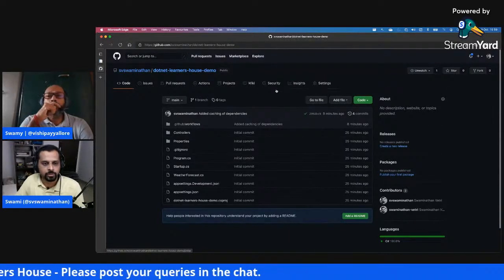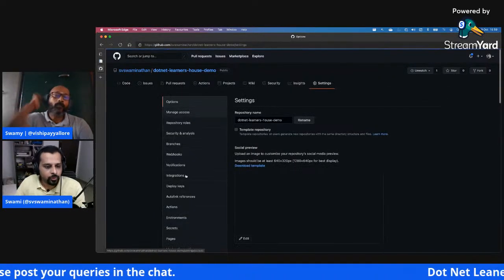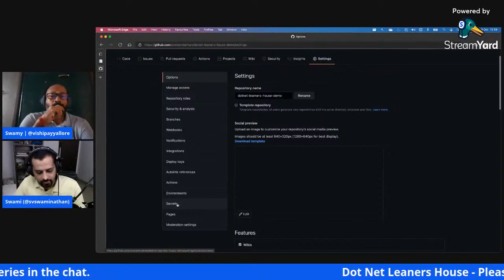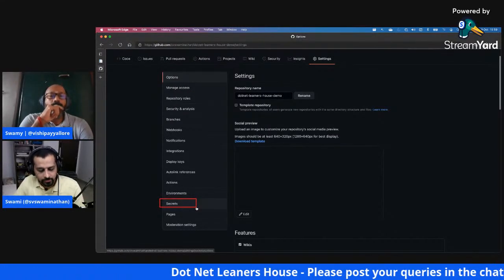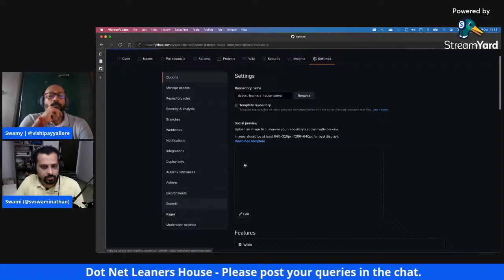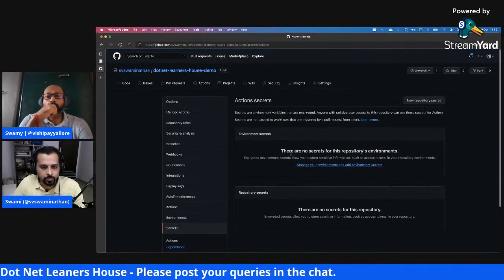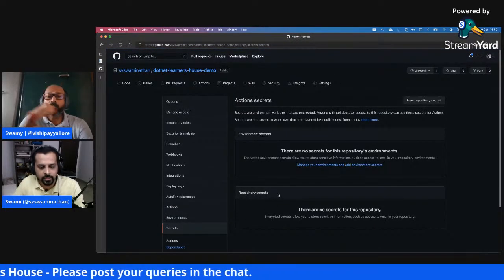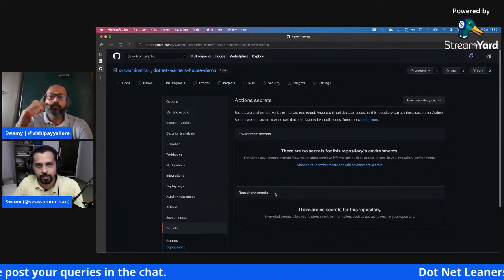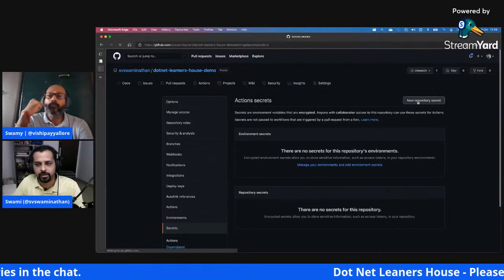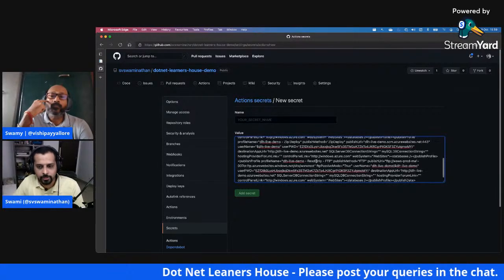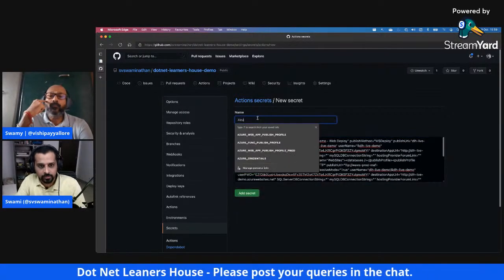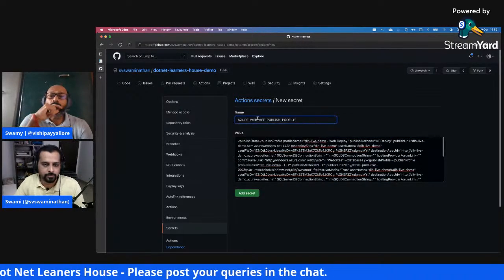I'm going to go into the settings, and if you go to settings, you can see the secrets here, right? I hope this is visible, the secrets part here. That is where we would go ahead and put our secrets, right? When you go to secrets, you can already see two things: one is environment secrets, and the other is repository secrets. First, let's create the repository secret, and then let's get into the environment. So I'll go ahead and say repository secret, and then I am going to paste this publish profile here, and I'll name it maybe app service web app published profile, right?